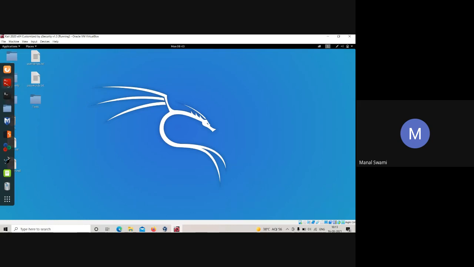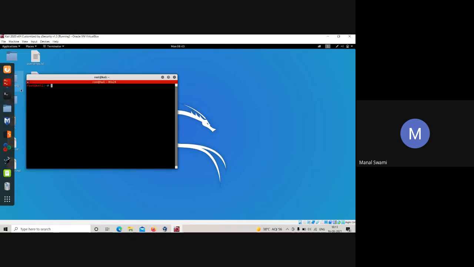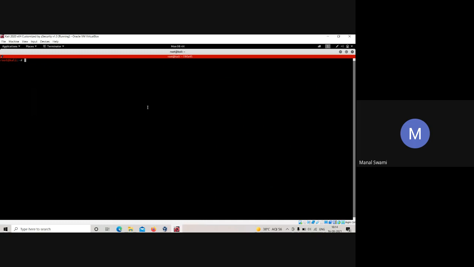Coming over here, I'll full screen it. Before jumping to that particular tool, I will be showing you what that tool is used for, what that tool is made for. If you remember, we went to a directory that was usr share nmap, and then we went to the scripts directory.